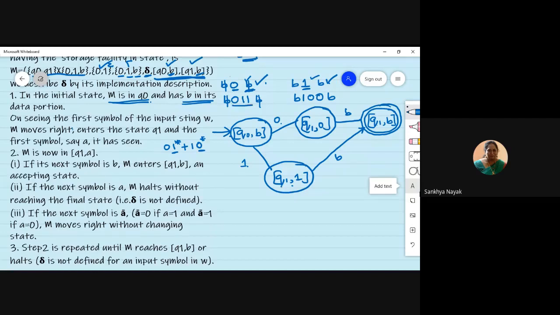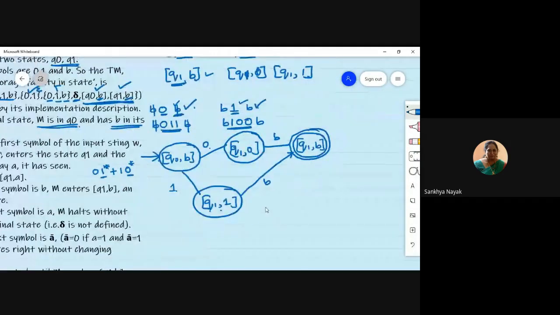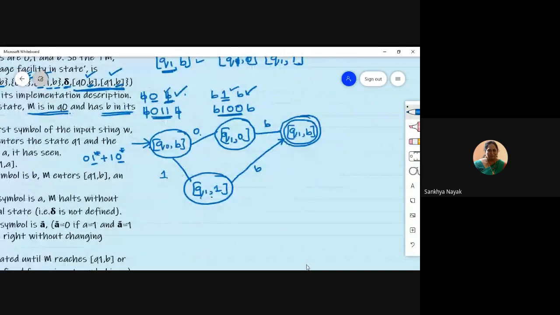Now let us see what to do about these. So I got a 0. After 0, if I get a 1, what to do? It should be accepted, isn't it? So after 0, I'm talking about this. I got a 0 and after this 0, I get a 1. So let us say I was at Q1, 1. It's already there. So I'll change the state to Q0, 1 because I haven't used it.